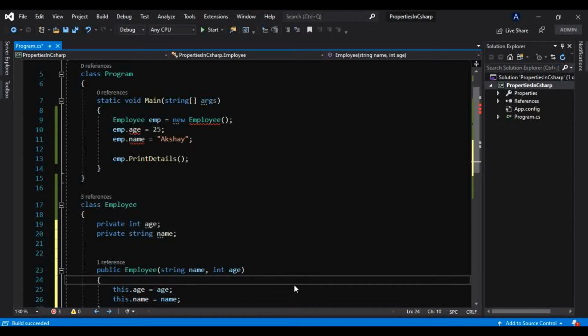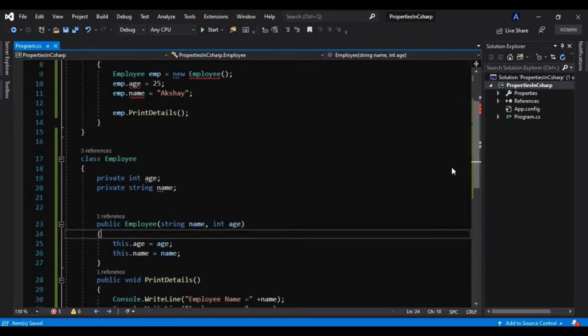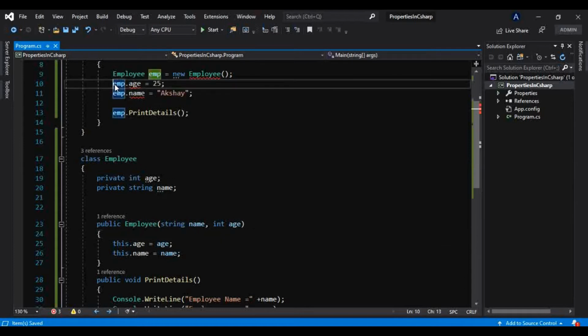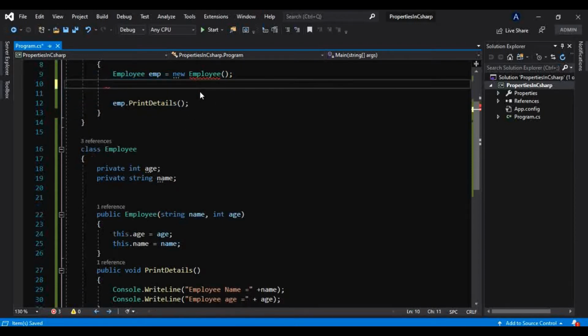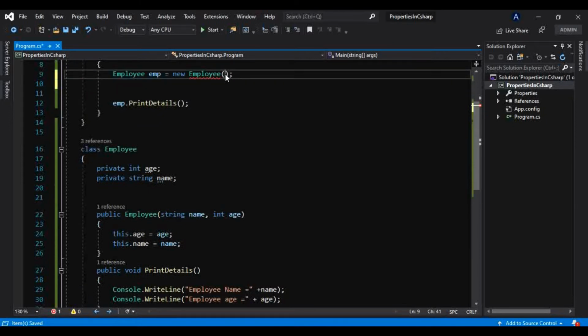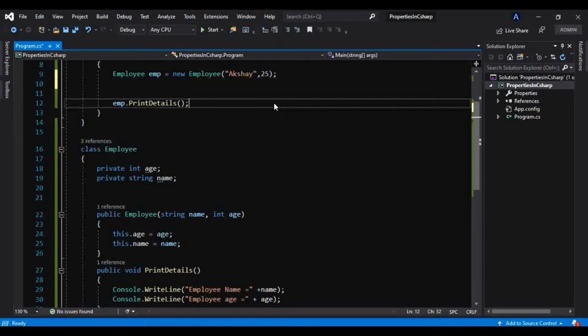Okay, so you can do something like this as well if you don't want to initialize them here like this, and you don't want to make your fields private. Let me provide a name and age, something like this. This will also work.